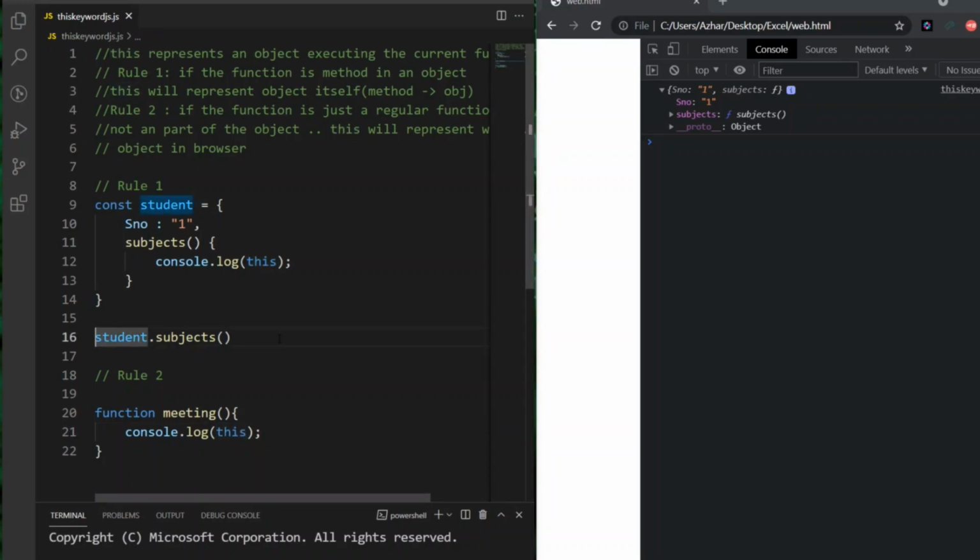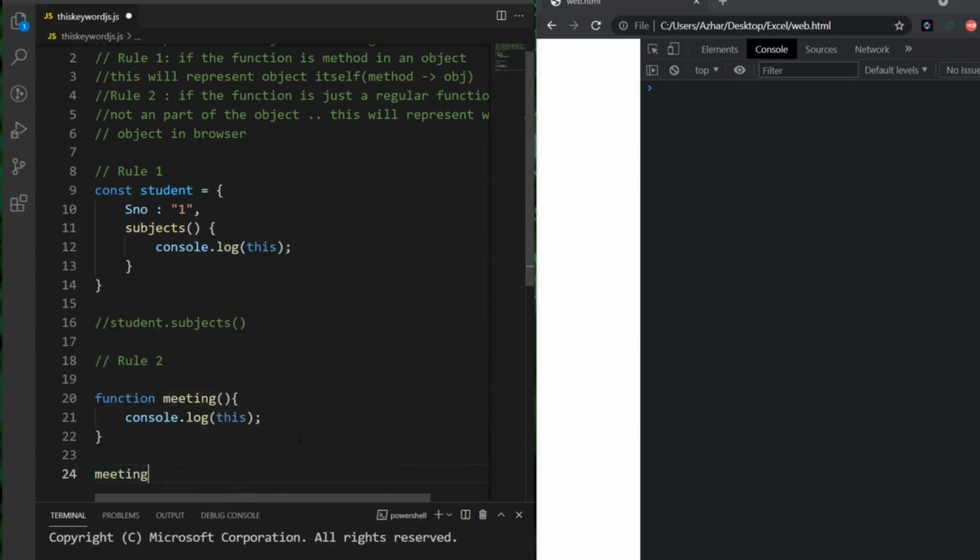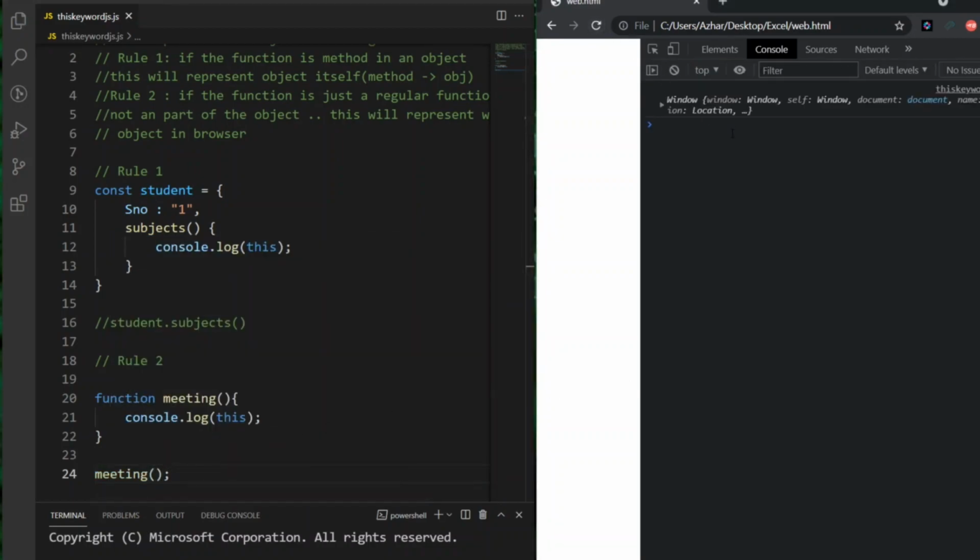So I'll comment this, just meeting. You can see it has now called the window object, and this is on the 21st line. So this is just a regular function where we give a function name, open bracket, close bracket.